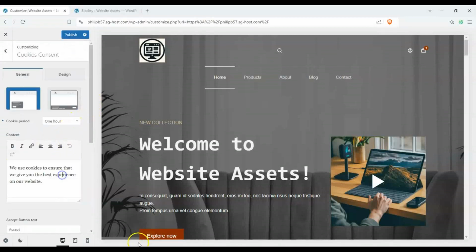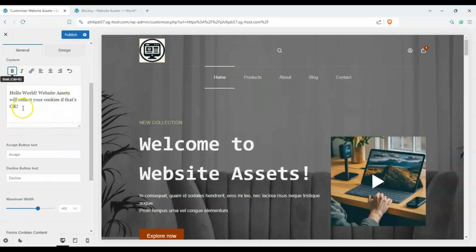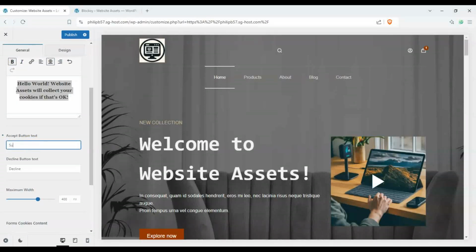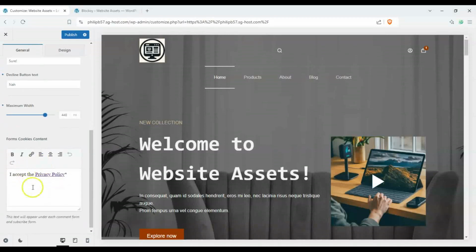Let's say cookies, hello world. Okay, and we can change the typography and make it the whole thing bold. We can center it. And then we can make it wide, and then for our forms cookies consent, this is for our